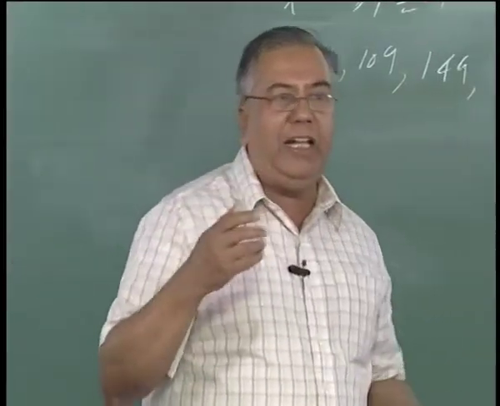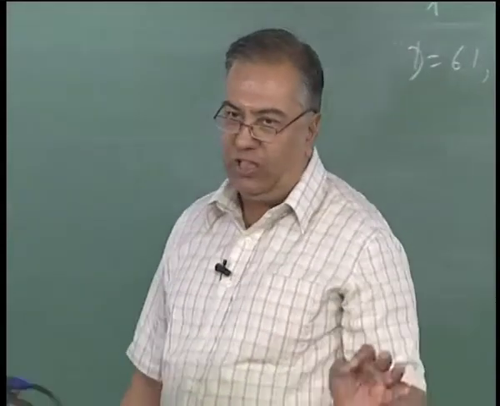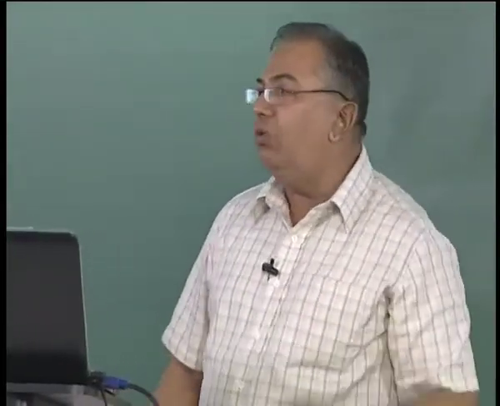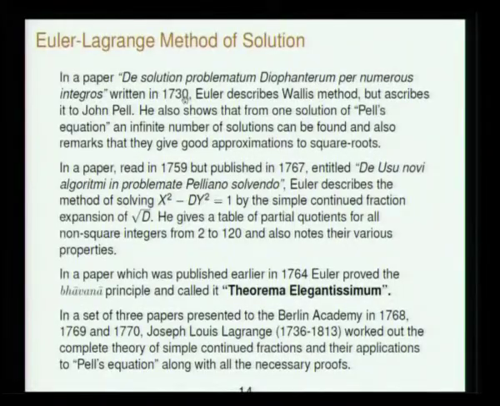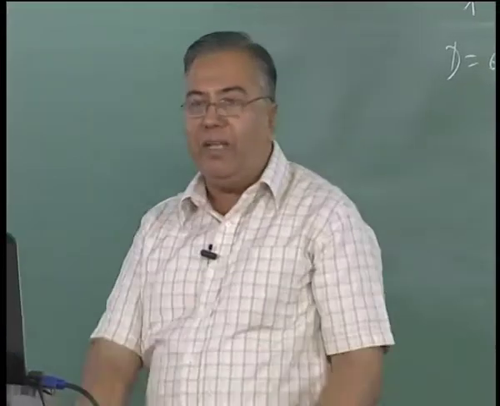Fermat proved very little in his long career, but he suggested a lot of theorems for which he wrote in the footnote saying I have a proof which is too long to be communicated here, and many of them were based upon the method of descent. Now Euler in 1730 starts again his journey into the same equation. It is like Kuttaka, starting from larger numbers coming down to smaller numbers. Kuttaka is the standard method of descent.